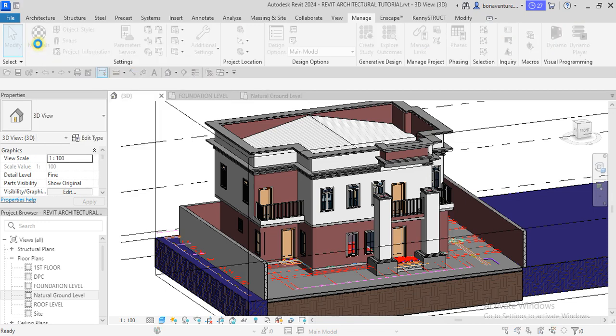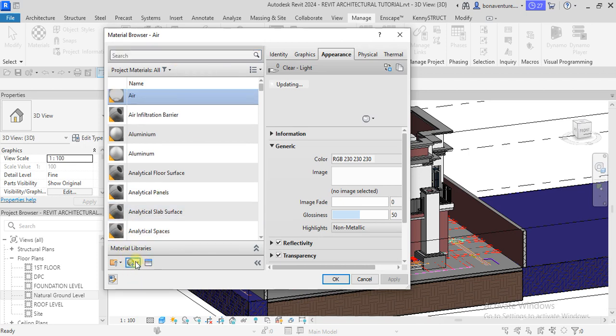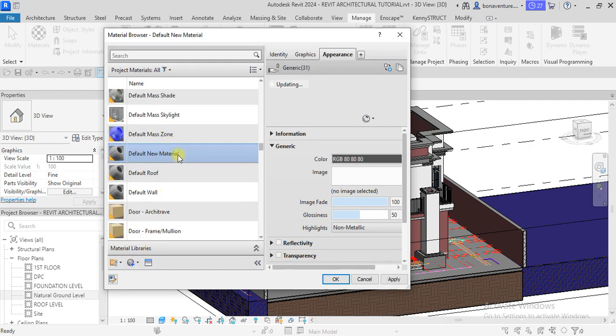Okay, so when you come to this material, I will create a new material. So this one I will call create new material, and right click. Okay, so I will call this, let me just say make